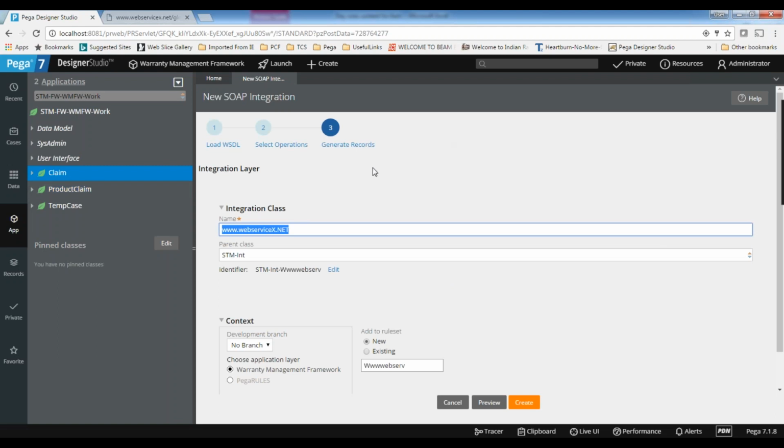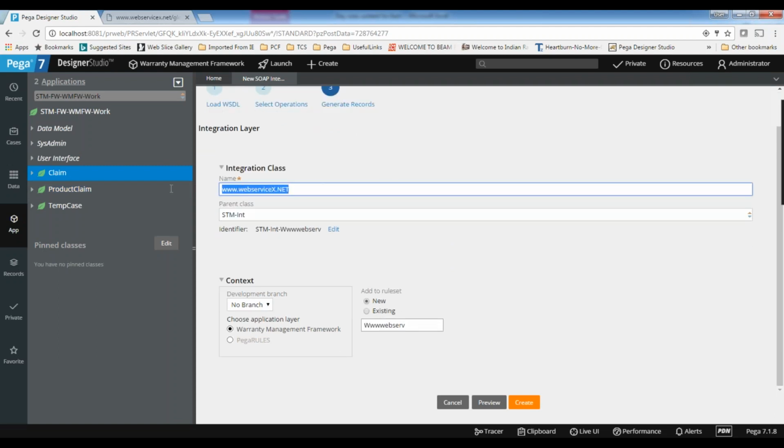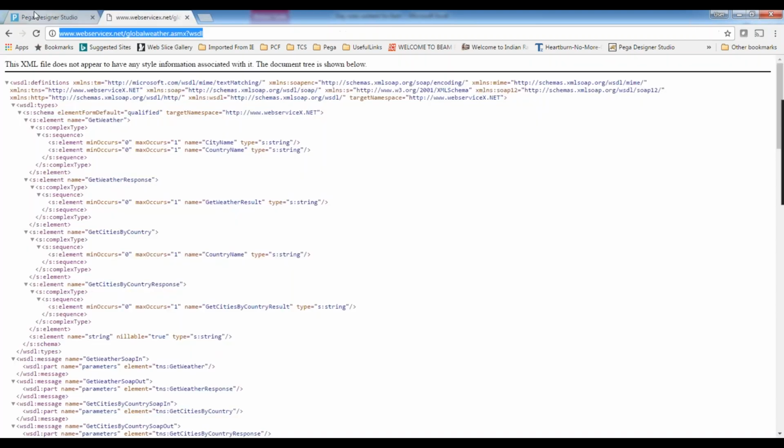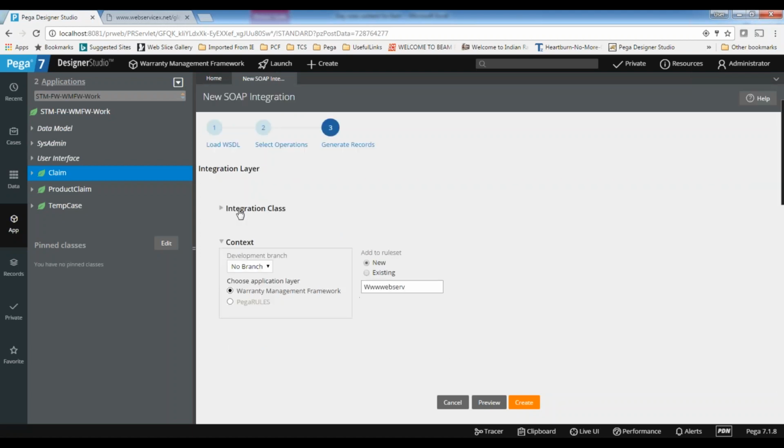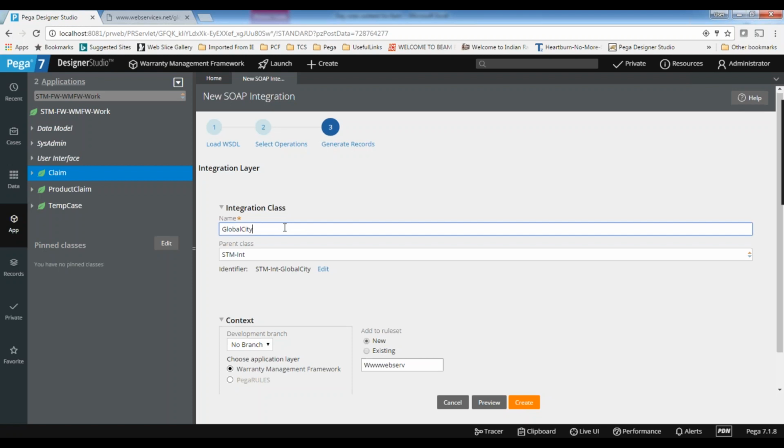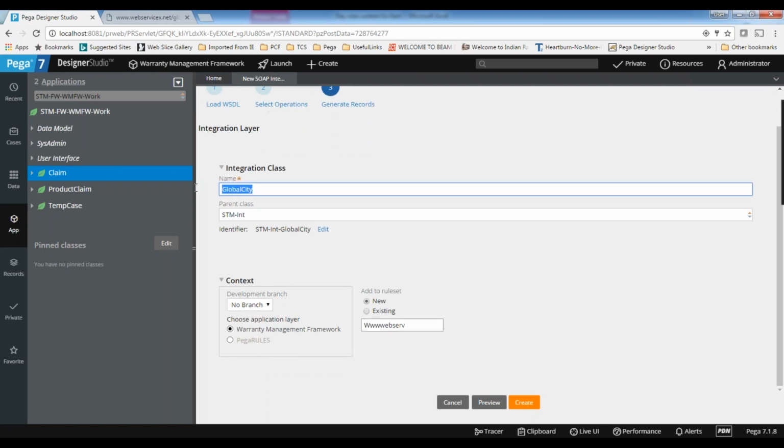So these are all common integration rules. So we need to create an integration class. On integration, we need to store in the integration rule set. So I am making it as a global weather. The website, this is not a weather game, right? Global city finders. I'm just giving the website name. That is fine. Global city is my integration class name, or else you can simply say